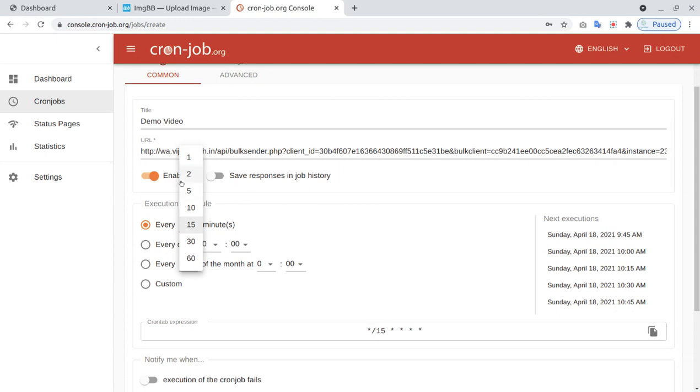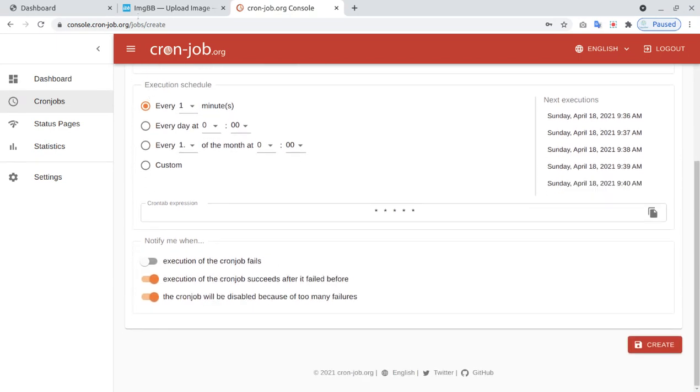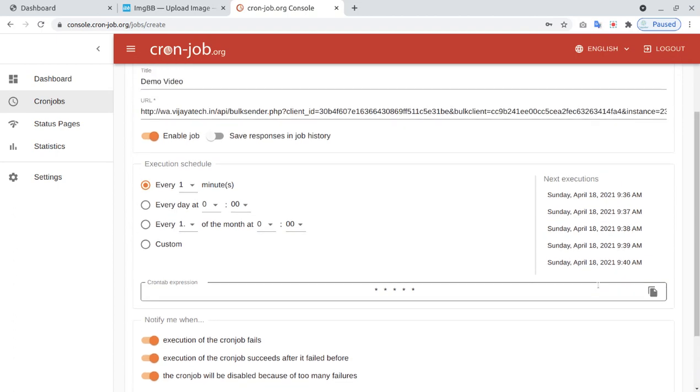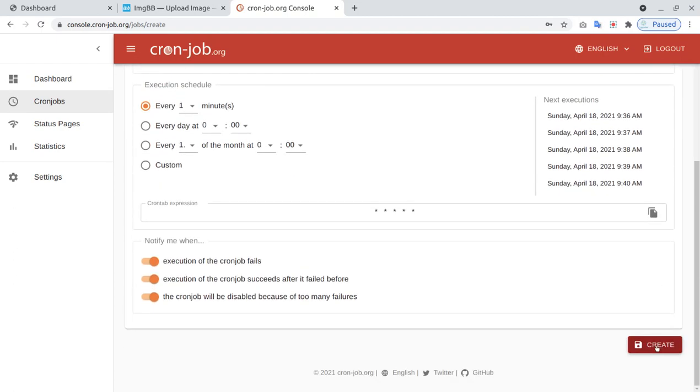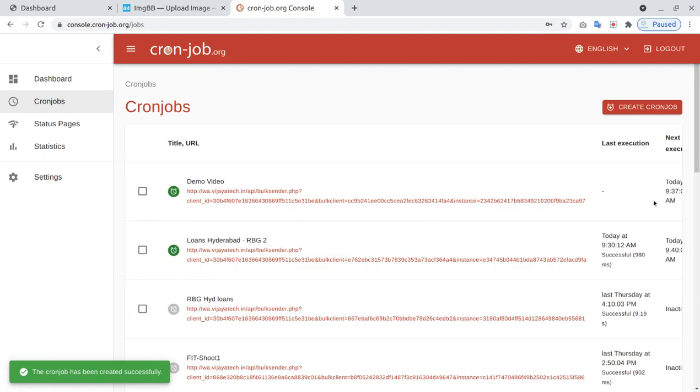Here I have only two messages, and this is for testing purposes. I'm just going to give 1 minute, so every minute it will execute and send two messages as mentioned in the job. Click on this, so whenever it fails, you will get a message. Click on create. So the cron job is created.